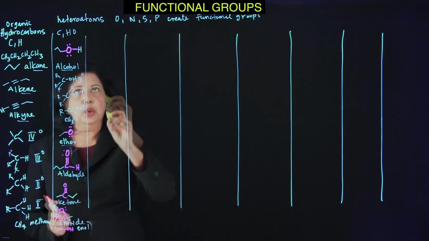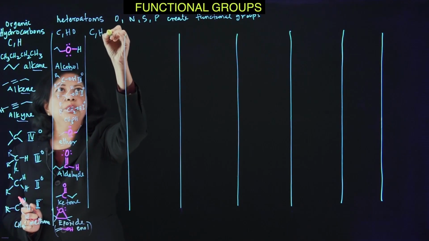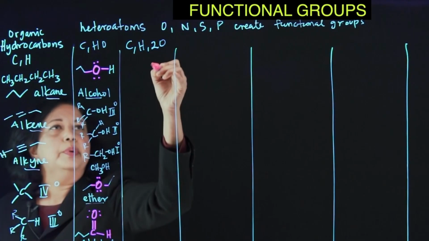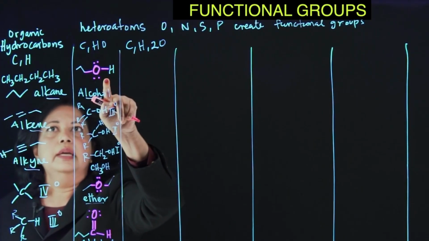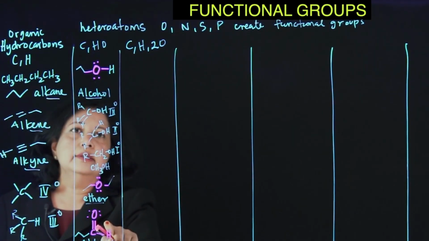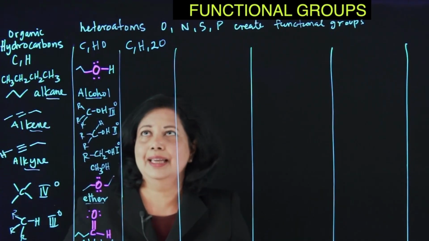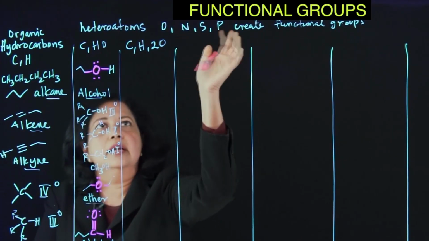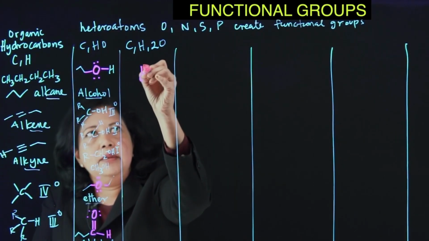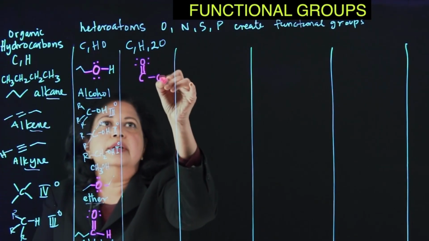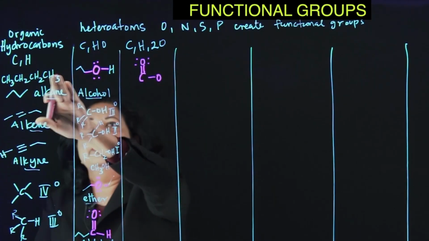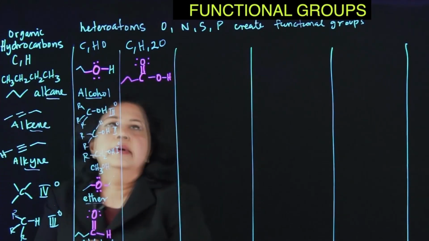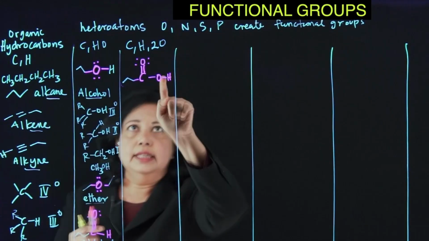So we have CHO. How about if you have CH and 2 oxygens? Well, you can put them as an OH, you can put them as a ketone, or we can combine them. If they're separated by even 1 carbon, then there'll be individual ketones and alcohols. But if they're on the same carbon, then it's a new functional group. So we can put them at the end, and we can put them in the middle.